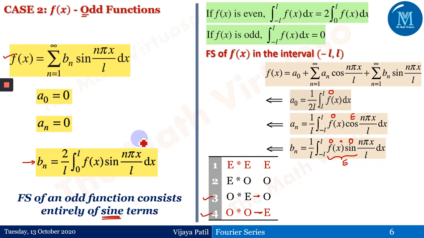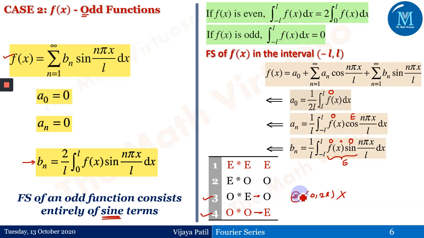Every time, the checkpoint is that you need to first check, before going for the even and odd function, whether the interval is minus L to L. That means whether the negative values of that particular interval exist or not. If the interval is from 0 to L or 0 to 2L, I cannot check whether the function is even or odd. Therefore, I cannot go for even and odd functions. I need to go for the traditional way, like the Fourier series expansion in the interval 0 to 2L, right? This is a very important checkpoint.